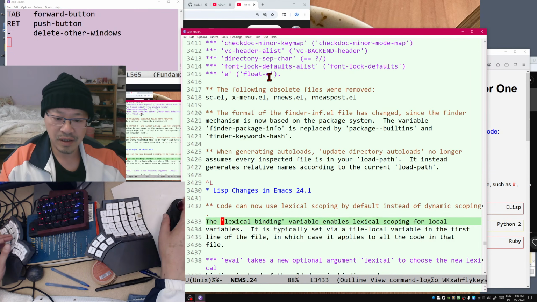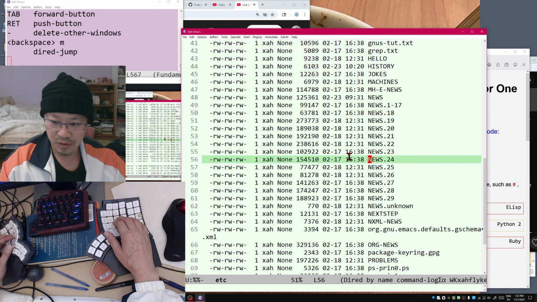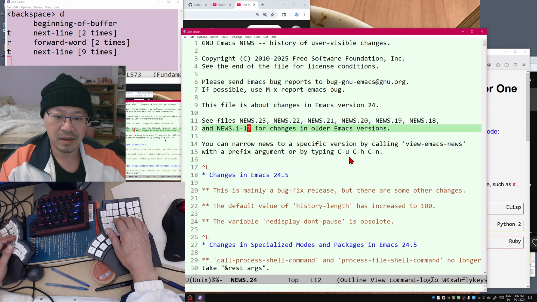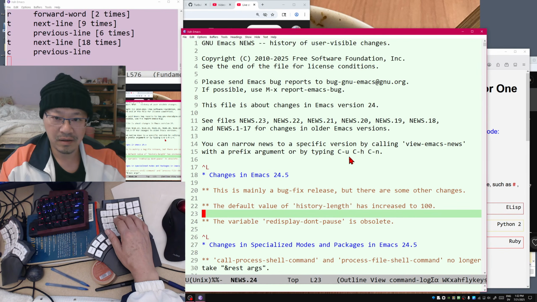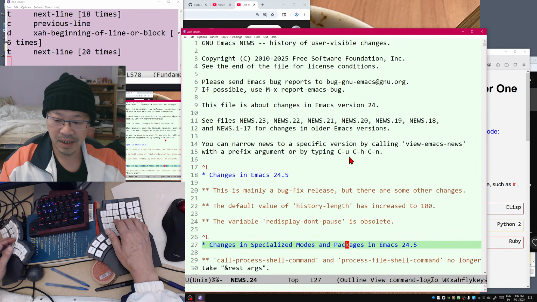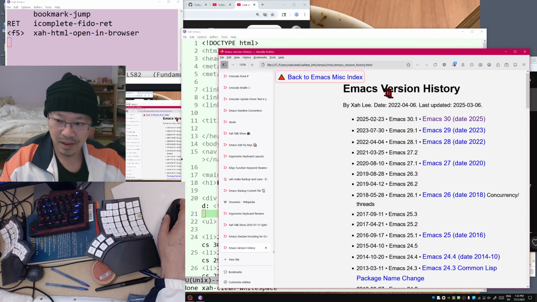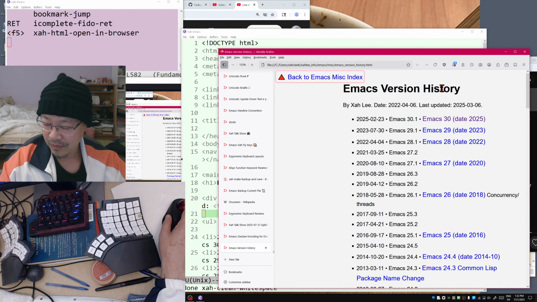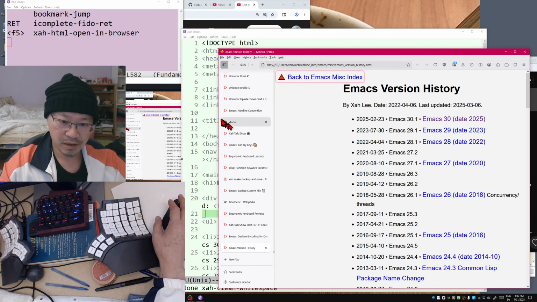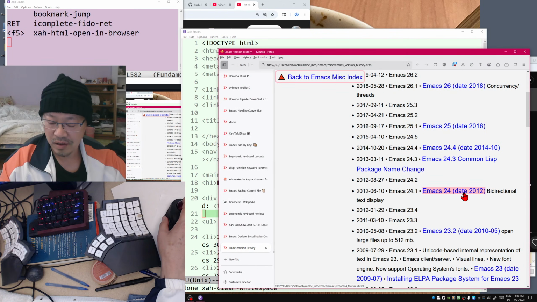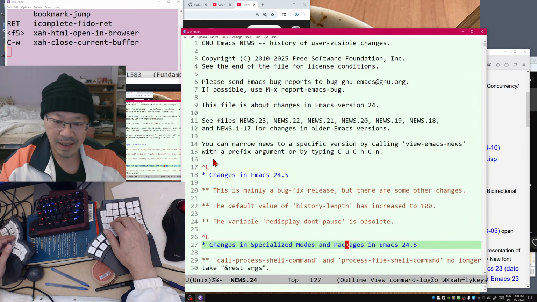There's another annoying thing in the Emacs NEWS file. They don't say what date it is. In the news file, they don't say what date Emacs 24 was released. So you have to go to my website instead, or search the web for Emacs version history. You'll find it on my site. Was it Emacs 24 we're talking about? 2012. So it's like 11, 12, 13 years old. So in 2012 they added this